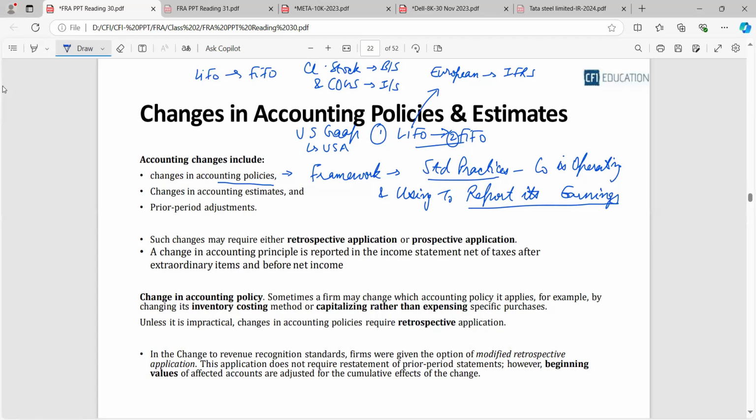Now the next best example I can give you is that there might be some property, plant and equipment that we had purchased, that initially we thought should be capitalized, but now we think there is no future economic benefit derived from it, so we might be expensing it instead of capitalizing it. Now, our auditors: as I told you, there is an audit committee meeting in India prior to release of any company's quarterly report, like the 10-Q of India, or even the annual report, that is the 10-K in India.